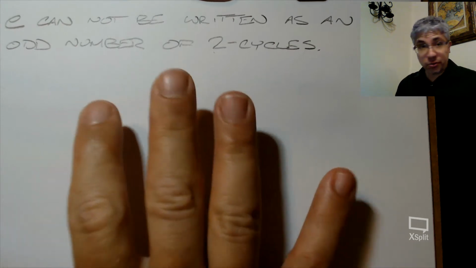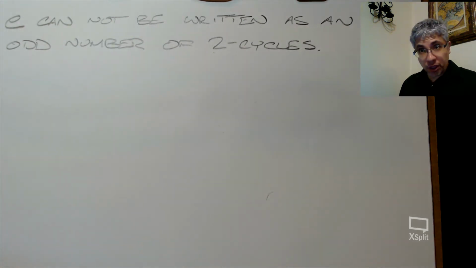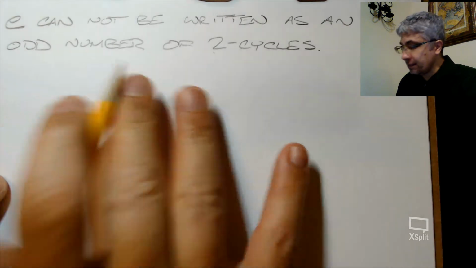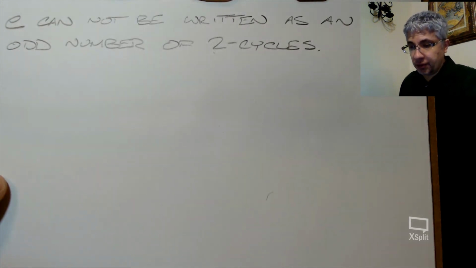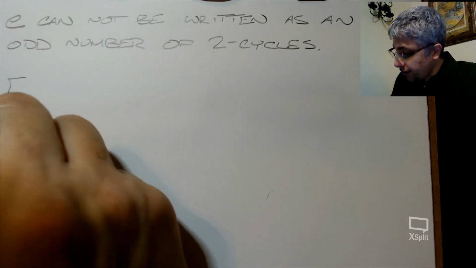But I don't have time to prove this here. But we are going to accept it. It's a true statement, and I promise you, there's more than one very nice proof of this in an undergrad class. So accepting that the identity cannot be written as an odd number of 2 cycles, we now want to make the following claim, that every